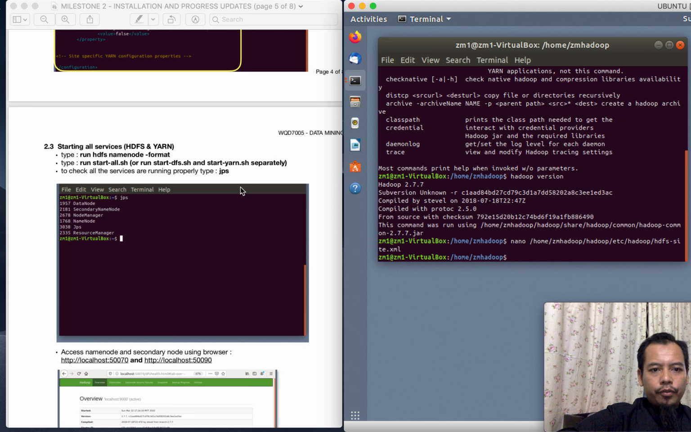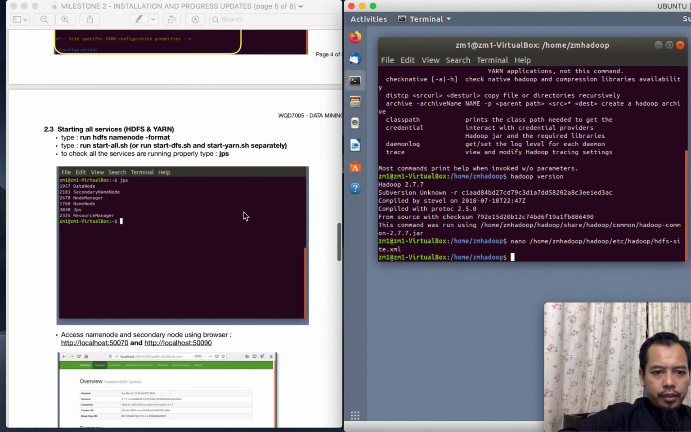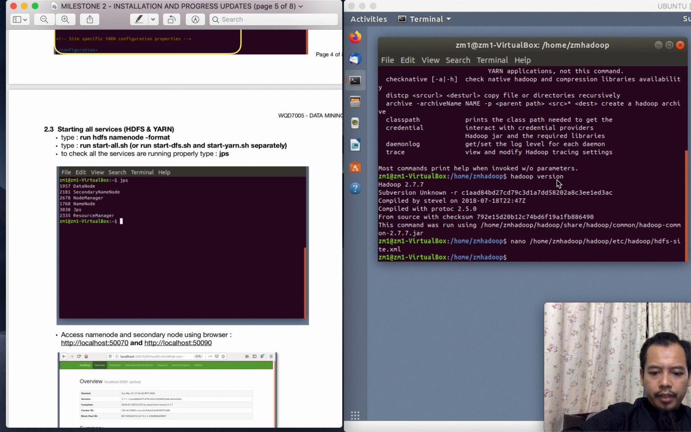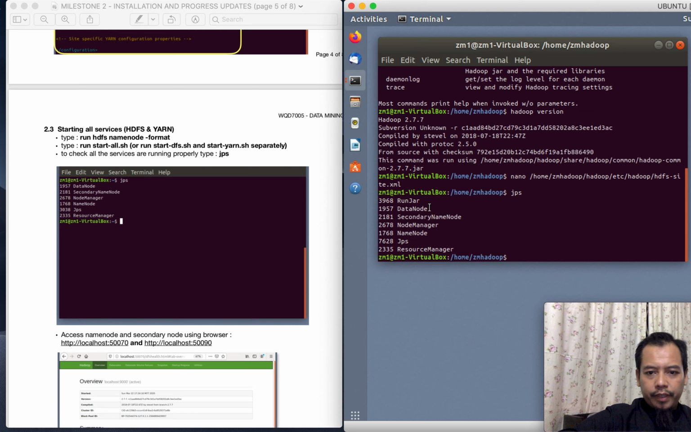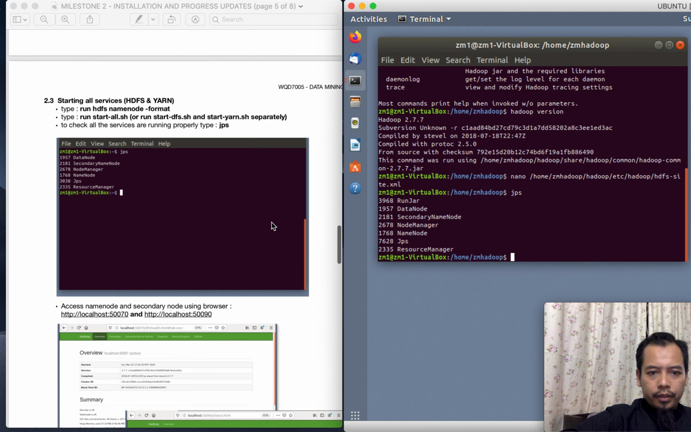Okay, you can check. I've run this command. Okay, you can check whether the service is running or not by typing jps. Yeah, okay. You can see here, this is my data node, secondary name node, node manager, name node and resource manager. So the service is working properly,